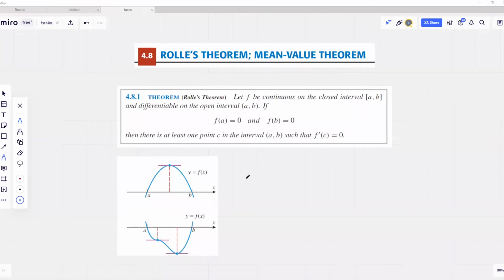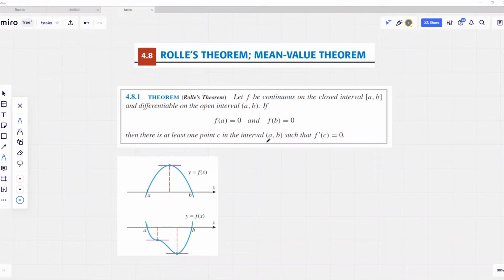Welcome, guys. In this video, we are going to study two quite useful theorems in calculus, Rolle's theorem and mean value theorem. Let's take a look at the following Rolle's theorem. First, let function f be continuous on closed interval from a to b and differentiable on the open interval from a to b. If function has zero value at those 2 points,